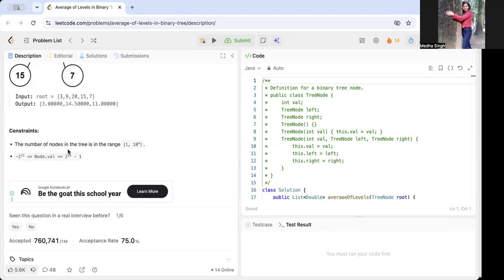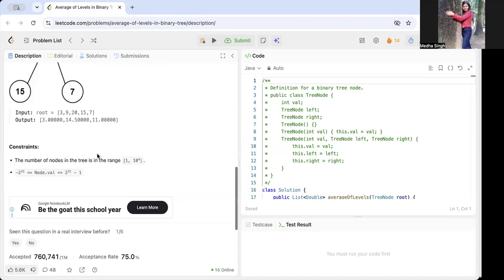And then let's say every node has a maximum value of 2 to the power 31 minus 1. So the sum of this is going to be roughly around 2 into 10 to the power 12, which will exceed an integer and will cause integer overflow. So that's why we have to store the sum in a long variable so that it can accommodate the values.